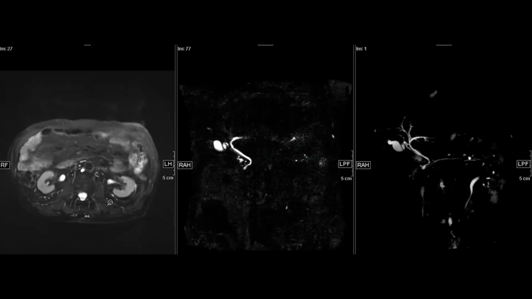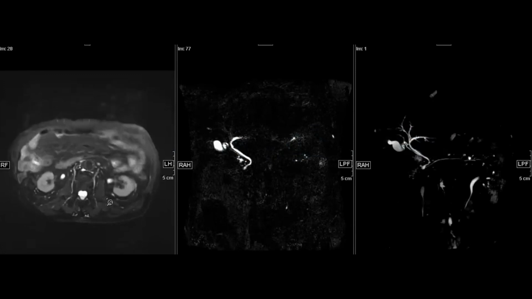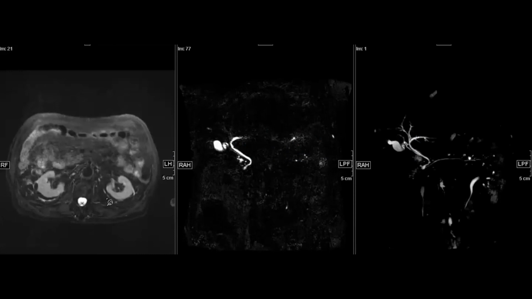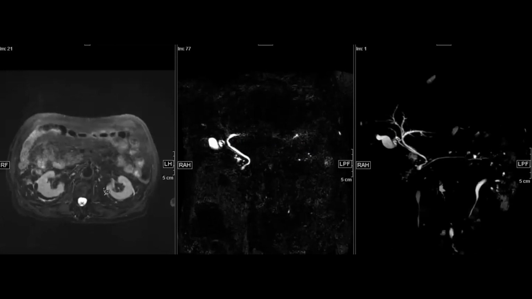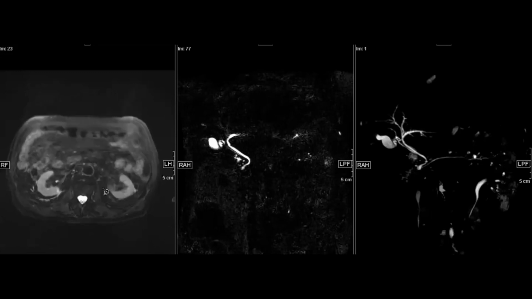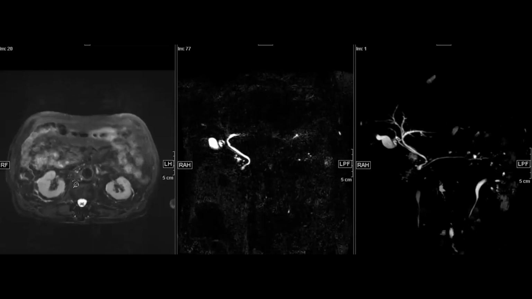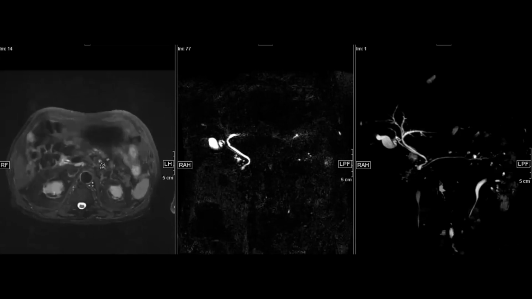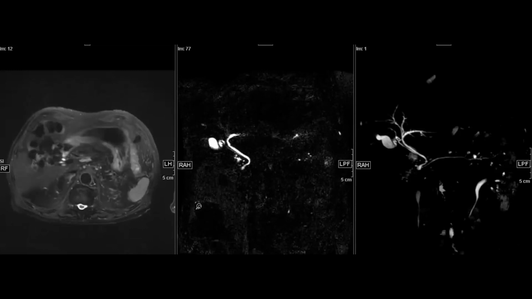For those who are not well versed with MRI or still learning, I'll talk about the sequences first, and later we can talk about the imaging findings. So the first sequence on my left is an axial T2 weighted fat saturated image. The subcutaneous fat, all of it is suppressed, while the fluid density structures such as the fluid in the spinal canal are hyperintense. So this is a T2 weighted fat saturated sequence.